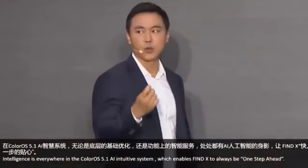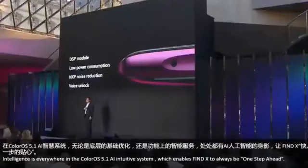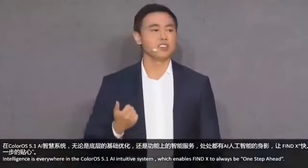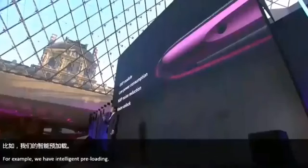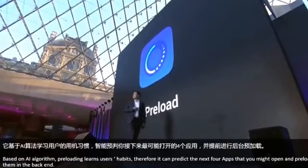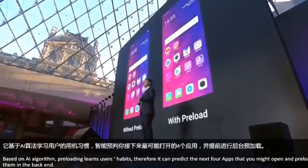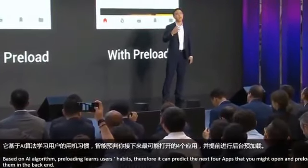Intelligence is everywhere in the ColorOS 5.1 AI intuitive system, which enables Find X to always be one step ahead. For example, we have intelligent preloading. Based on the AI algorithm, preloading learns the user's habits. Therefore, it can predict the next 4 apps you're going to open and preload them and have them ready there